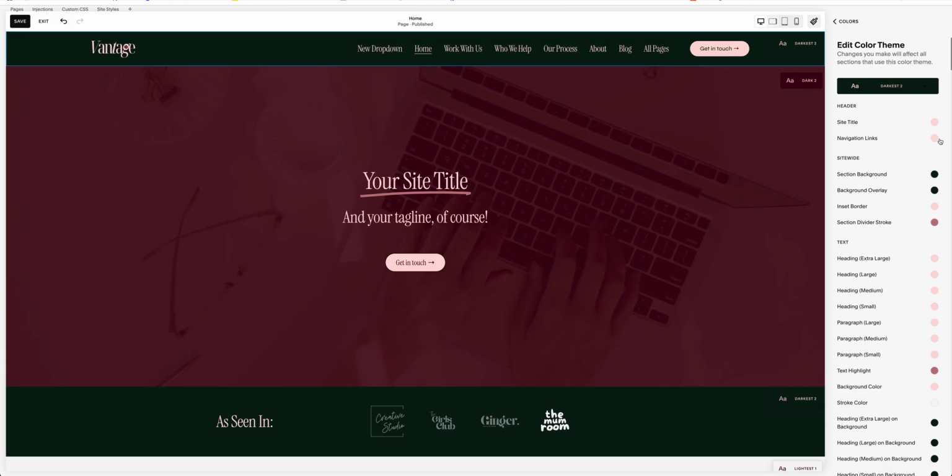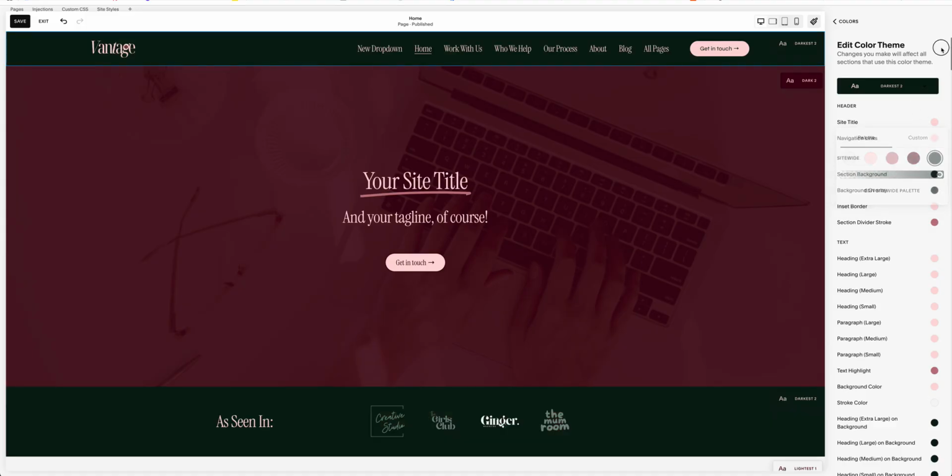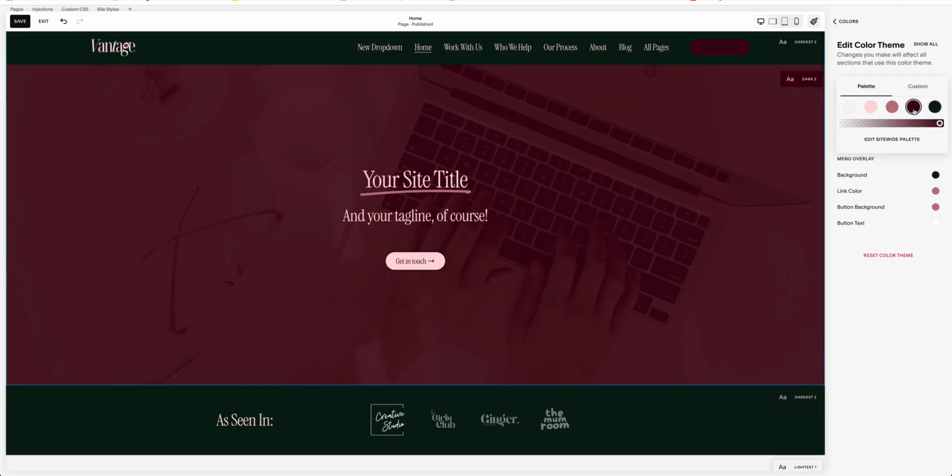So we've got the navigation links, we can change that to whatever color we want, so I'm going to keep that with pink, and then it will use the section background for the desktop menu according to whatever we set. Now we've gone through and set up our style guides already, so I'm not going to play around with that too much. So you can also, this will take you from the primary button